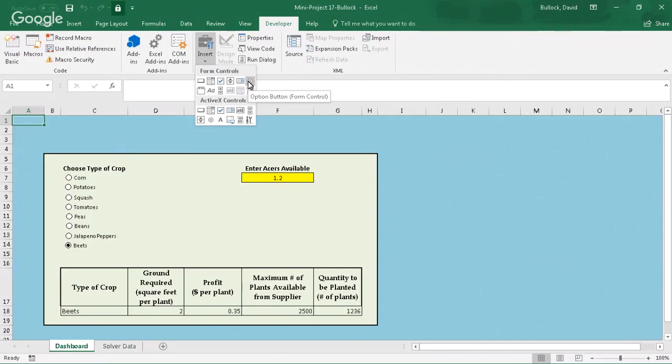The option buttons, yep. So I added 1, 2, 3, 4, 5, 6, 7, 8 option buttons. And I did like the video showed, I put one down, then copied it 8 times. Then I went in and changed the name to match the type of crop, corn, potatoes, squash, whatever. And then I attached,